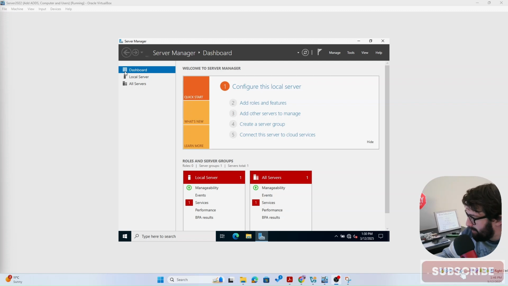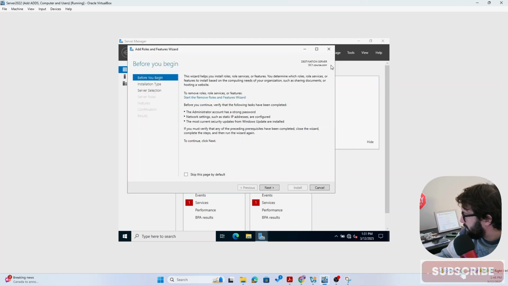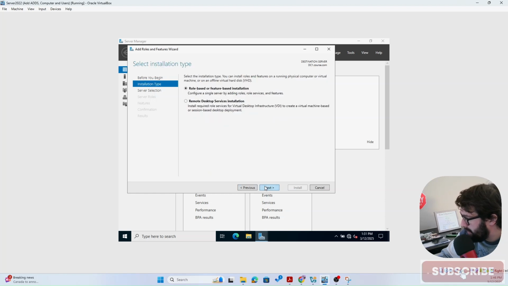Hi everyone, so today we are going to configure the DHCP and we are going to install the DHCP server. To do that we first have to go to manage and install the DHCP server. So add roles and features and then click on next and then choose the role base and